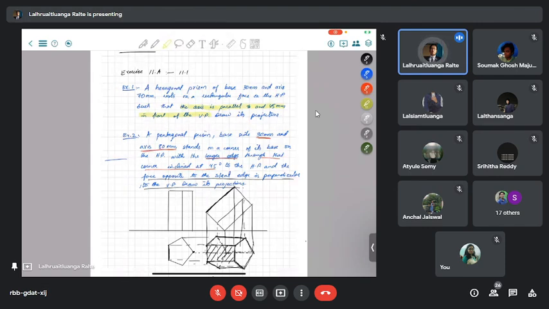I don't think I should proceed on with the projection of planes which are inclined to both the lines. So I will call it a day for now. And I believe that the next class also I will not ponder on projections anymore. We will go on directly to isometric drawings, isometric projections basically. And as I had mentioned before,